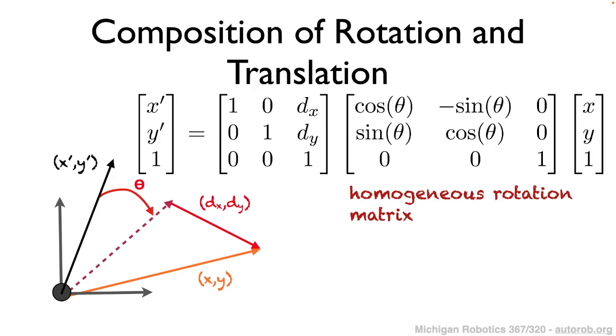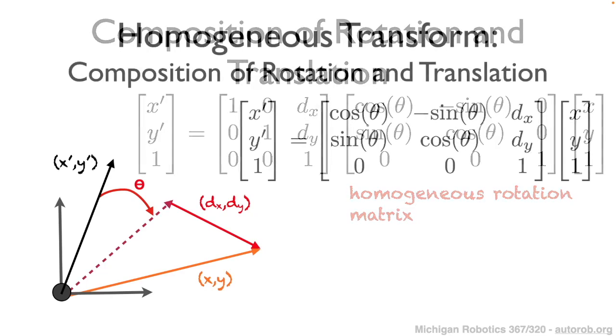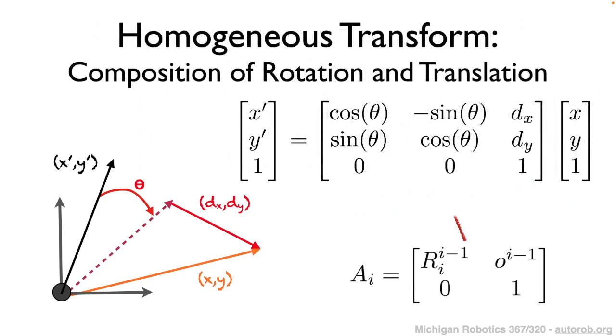By composing these two transformations together, you could alternatively describe this as a single matrix multiplication, where the rotation component is expressed in the upper 2x2 submatrix, and the translation component of the transformation is expressed along the third column of our matrix. This is the really nice property about using homogeneous matrix transformations, that we can perform both rotation and translation as a single